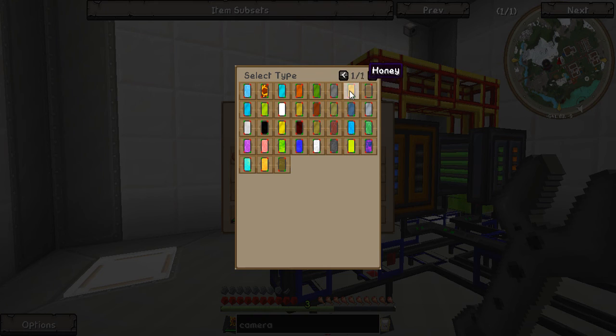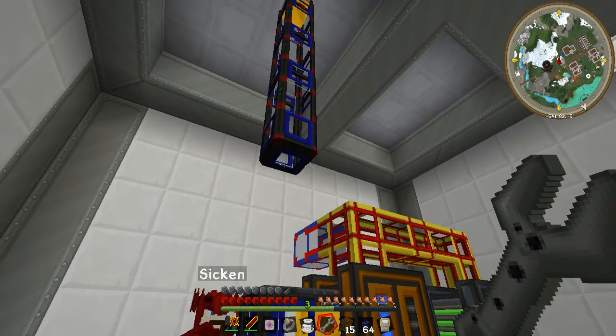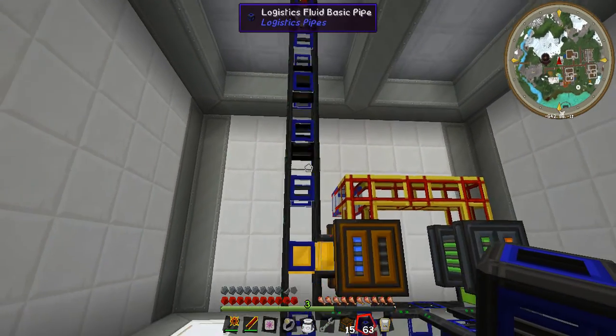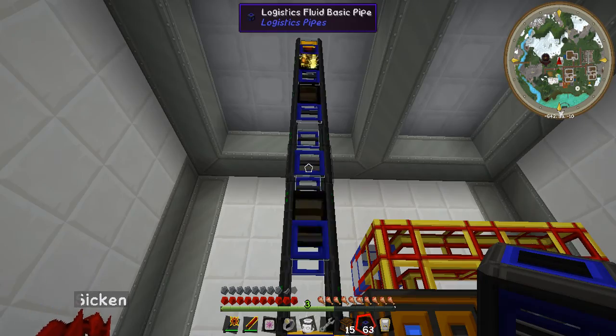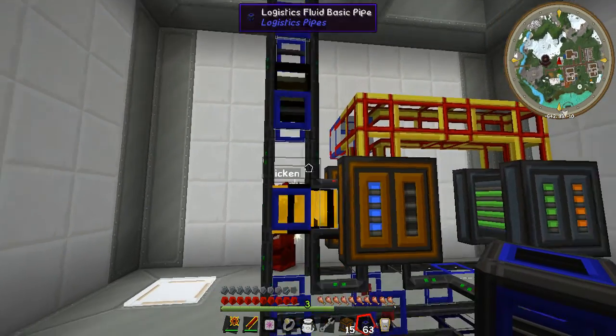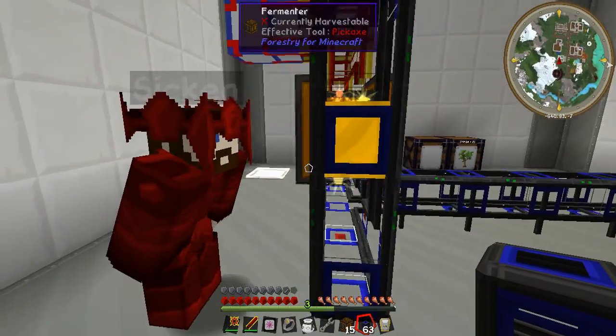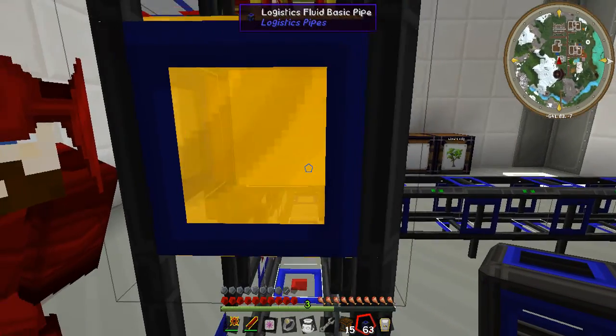I'm going to do it again here. You specify the input type of liquid. So in this case, we want honey. And as long as this pipe system is connected, it's going to handle the rest. As long as you don't put a gold pipe in between or a diamond or whatever, you won't lose honey. It's got a little internal buffer that Sicken discovered. And if you look through on this side...